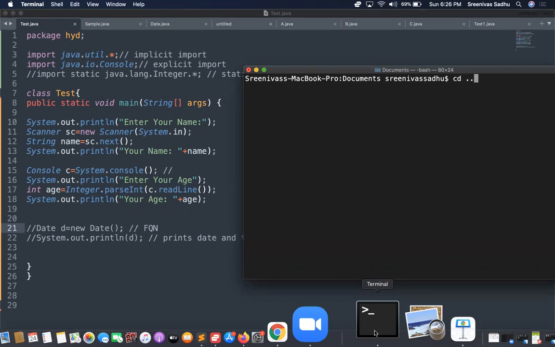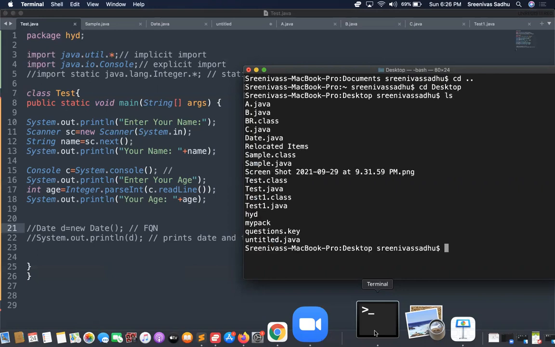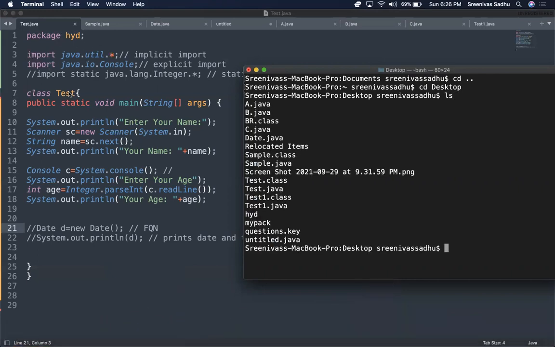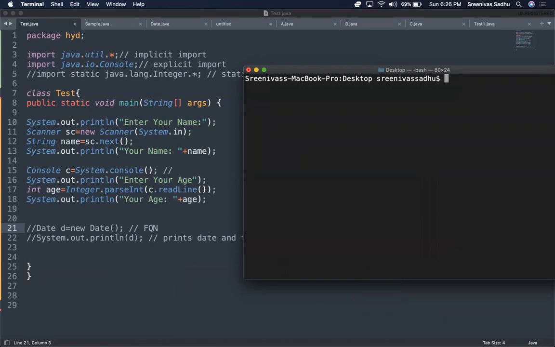These classes are in another package, so let me go to my current directory. Now all these classes are available. You can see here, I have this class Test.java, and I can run it. Control L, and I'm in a package. Whenever you are in a package, how are you going to run it?